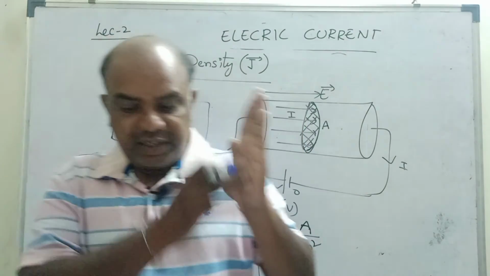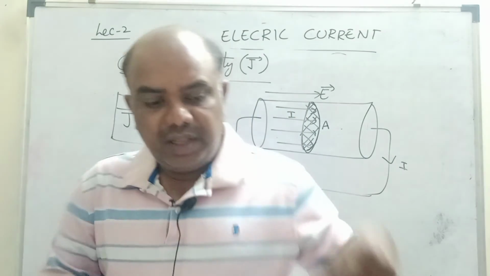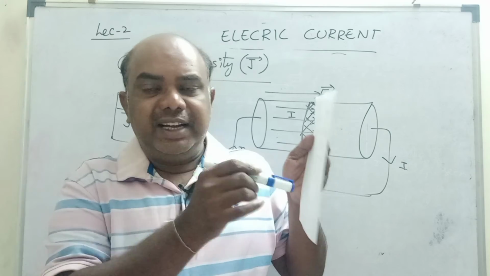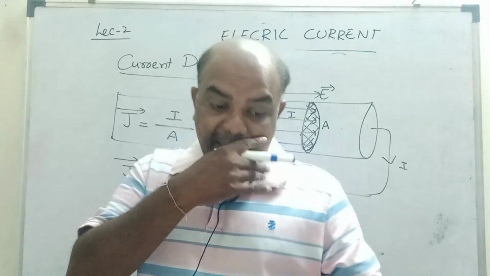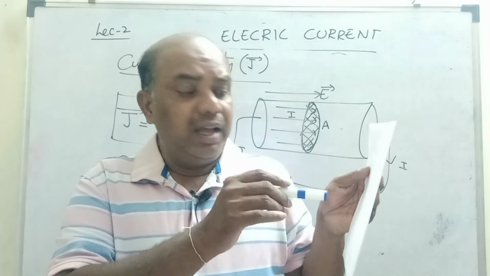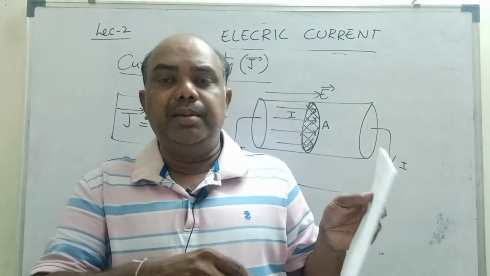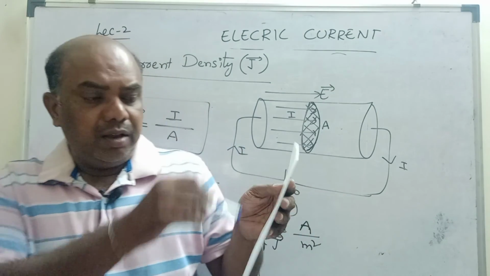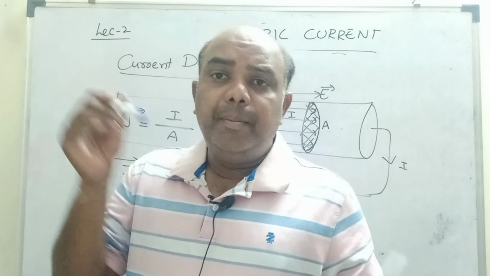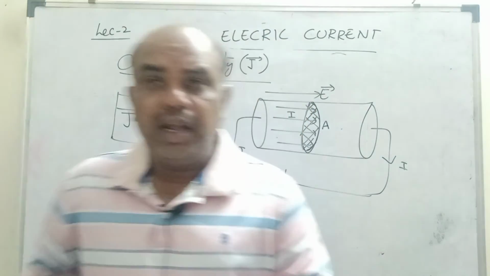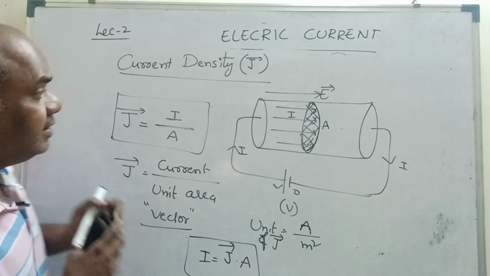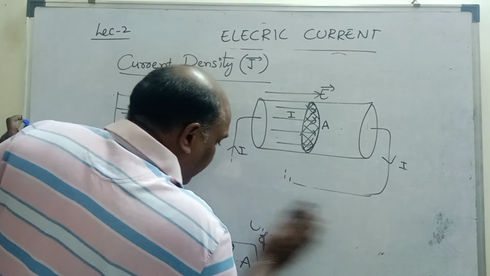Let us consider this is a square area. This is a plane. This is the total area. In this, how much current is going? That current by this total area is called current density. Suppose 3 amperes of current is going in this square area. This is 10 centimeter, this is 15 centimeter. So 3 ampere by length into breadth is the current density. J is equal to magnitude of current by unit area. This ratio is called current density. Understand, children? Current density is a vector quantity. Formula I by A.